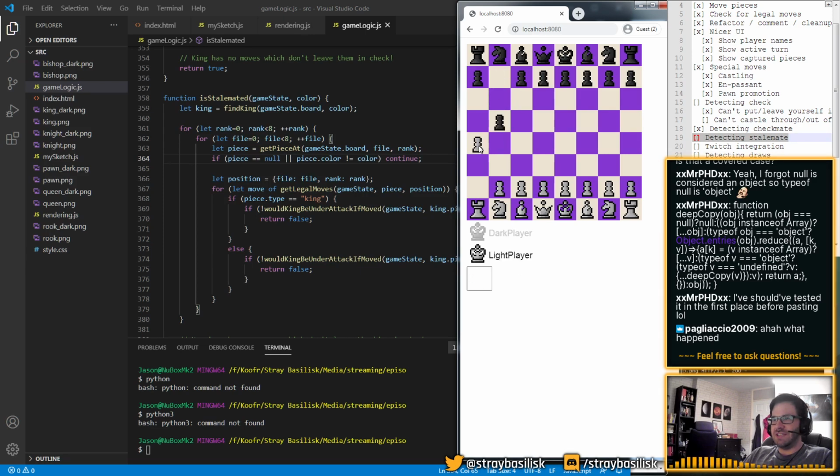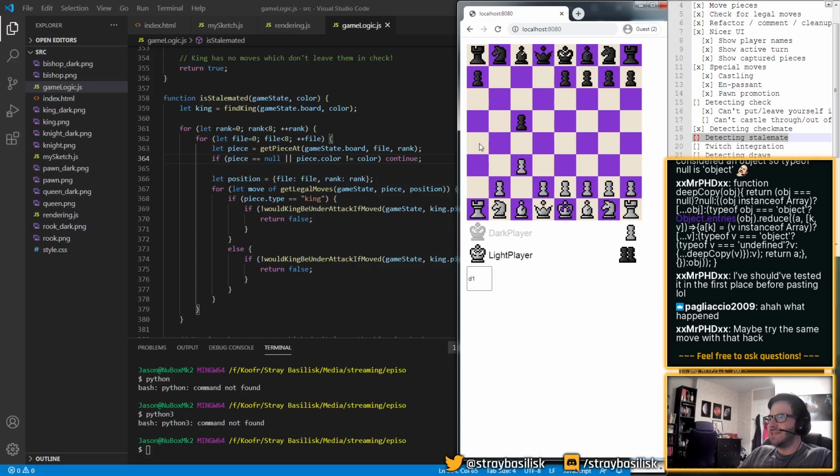Let's get someone in check again. There's a reason why people use JSON stringify for this stuff, I think. Because it's actually way easier. Yeah, so they're in check now. It was the king move, right? It was a king move that messed it up. So can we do this? And then the king had popped back. Okay, I think that's fixed it.